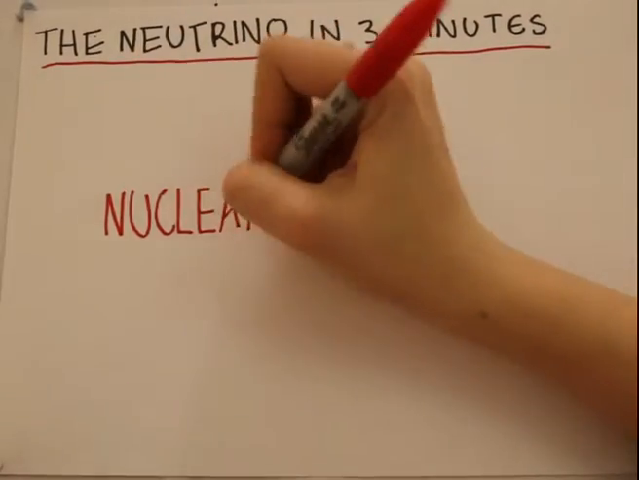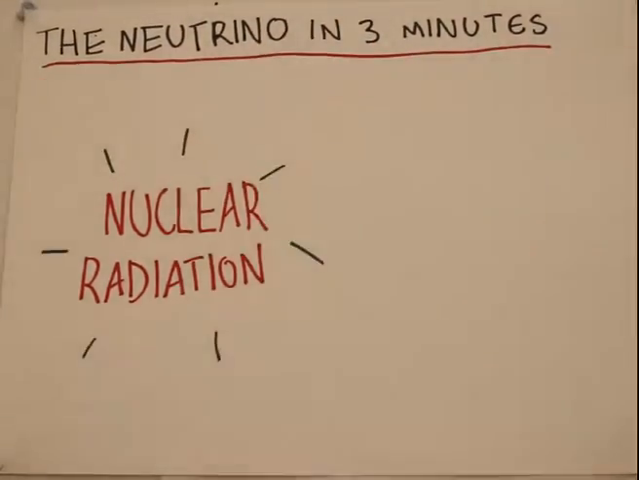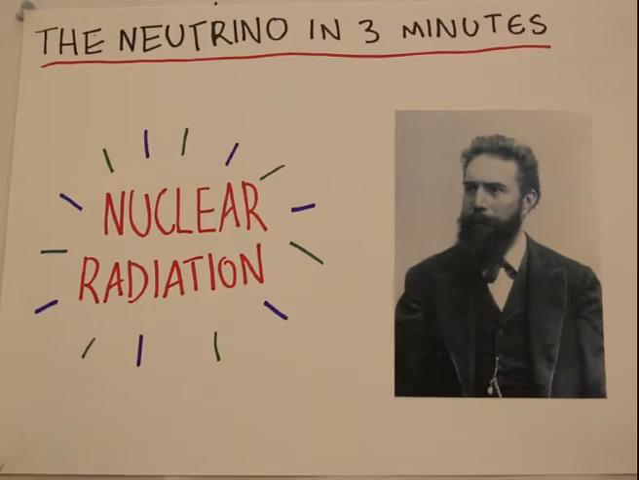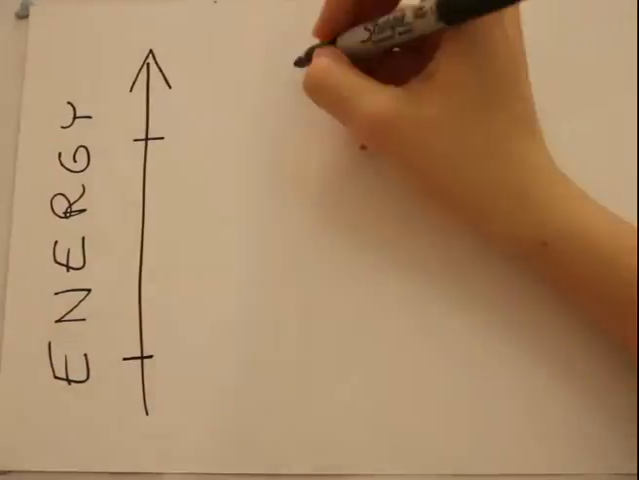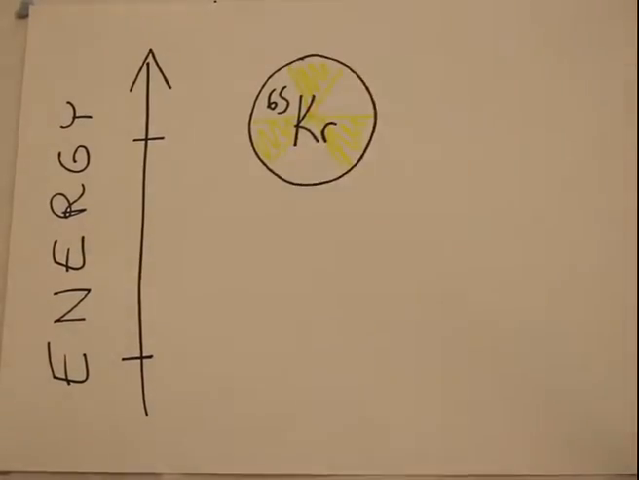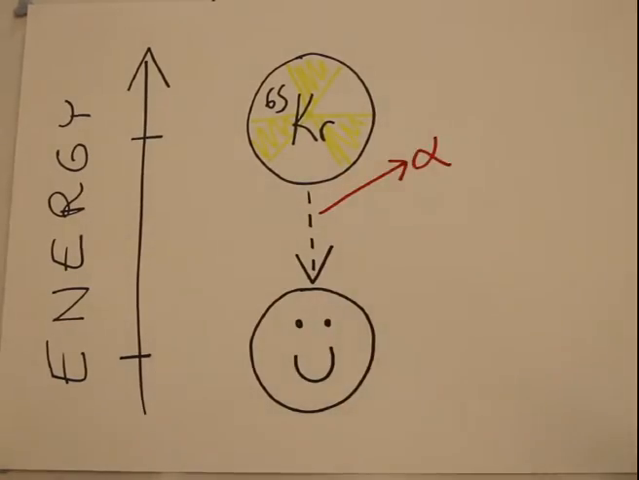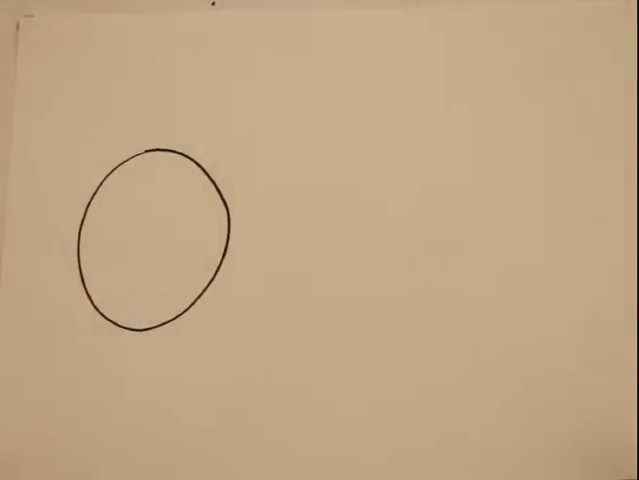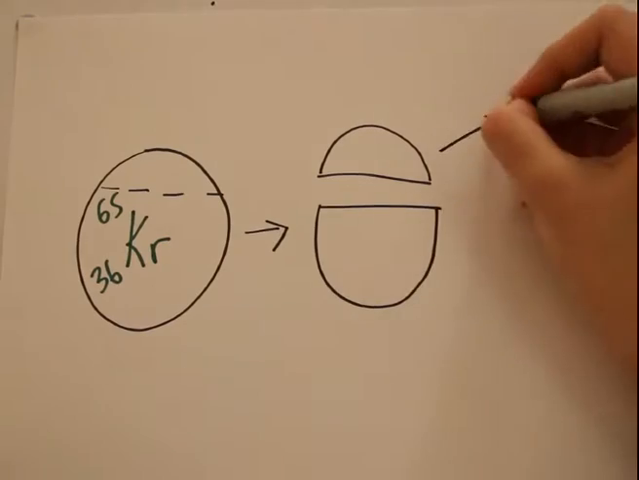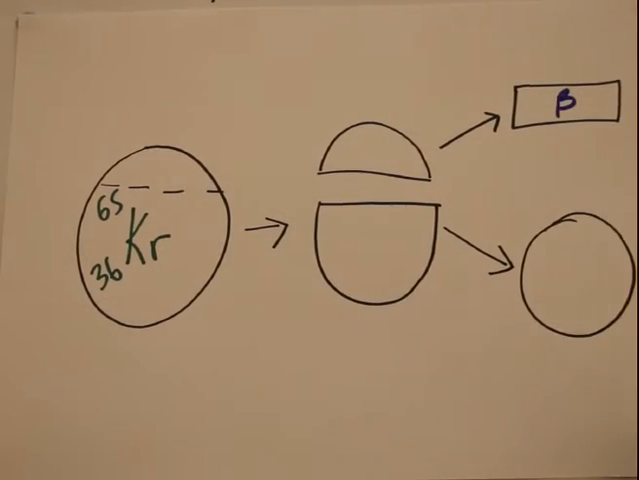The history of the neutrino starts with the theory of nuclear radiation pioneered by Wilhelm Röntgen in 1895. To become more stable, a nucleus will drop down to a lower energy state, emitting excess energy in the form of alpha, beta, or gamma radiation. Because a specific nucleus will only ever exist at certain energy levels, radiation will only ever be emitted at certain